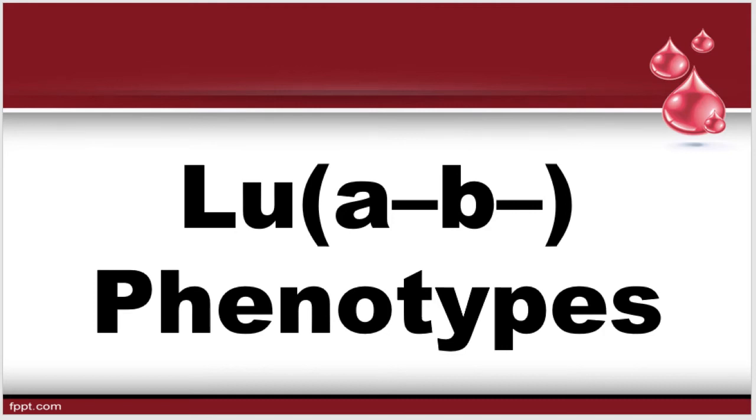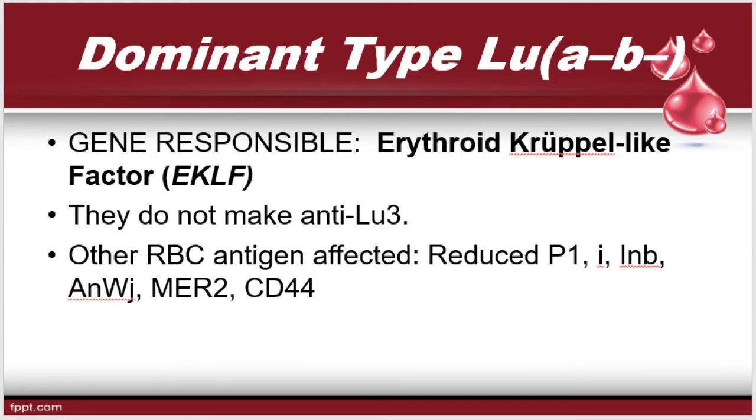There are three genetic explanations, or modes of inheritance. First is the dominant type, the recessive type, and the recessive X-linked inhibitor type. First is the dominant type, LU A negative and B negative. The gene responsible for it is the erythroid Krüppel-like factor. The first LUA negative, B negative family was